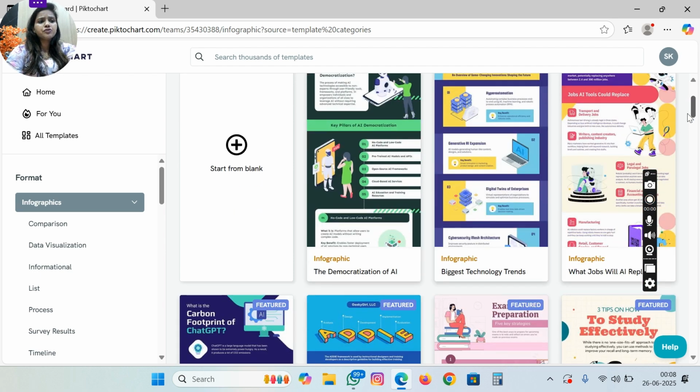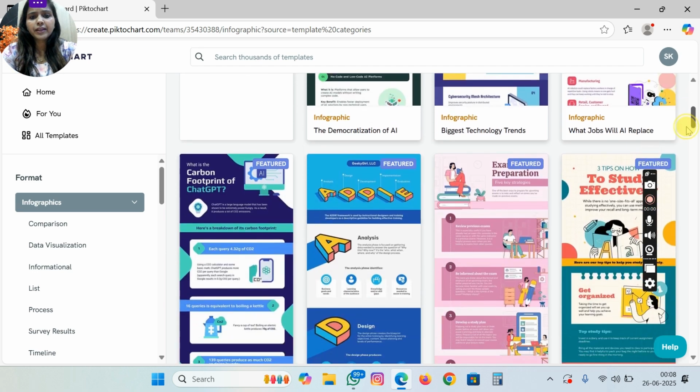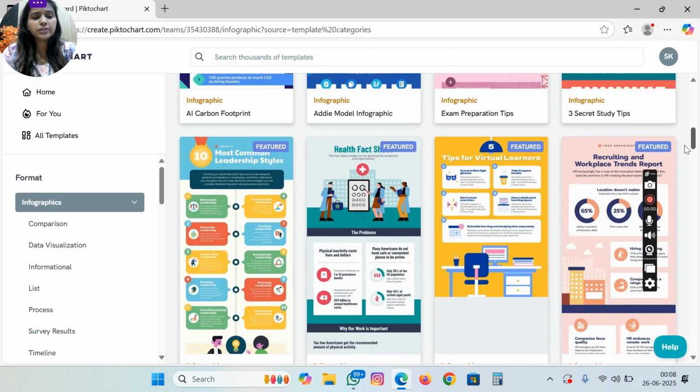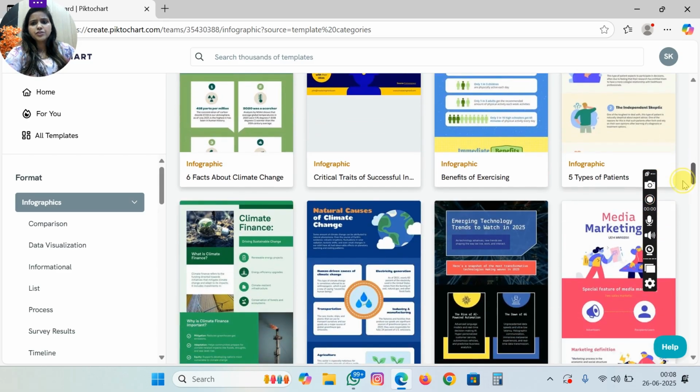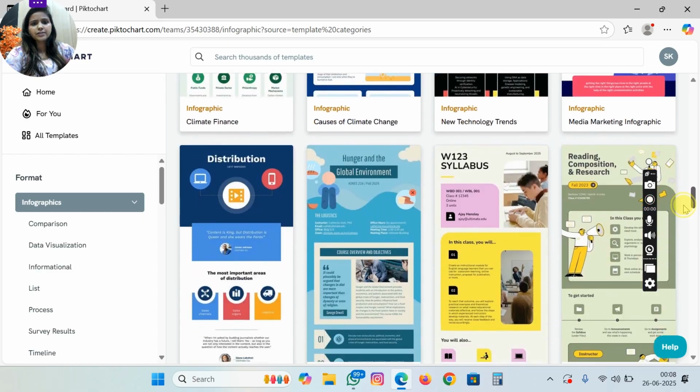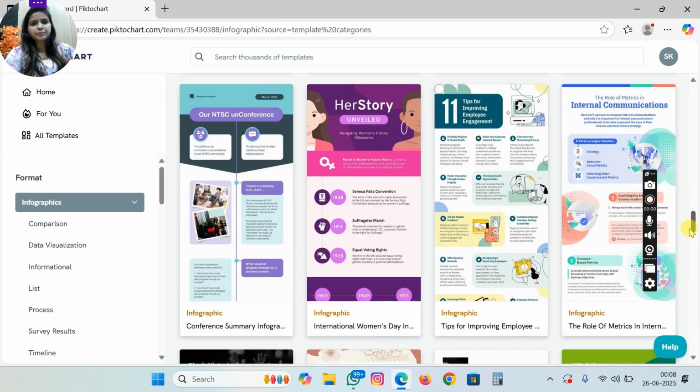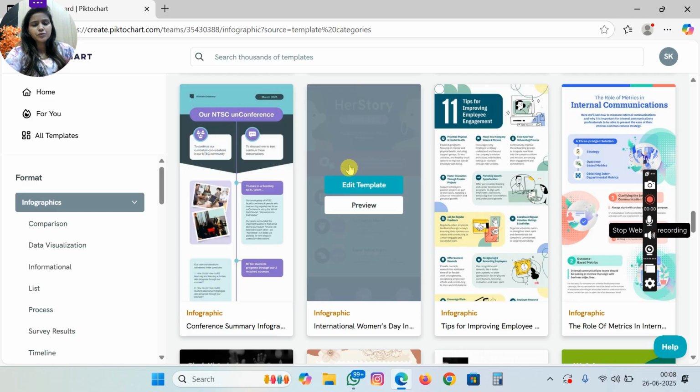Choose one that fits your need. You can scroll down and just choose any one. So let the fun begin.